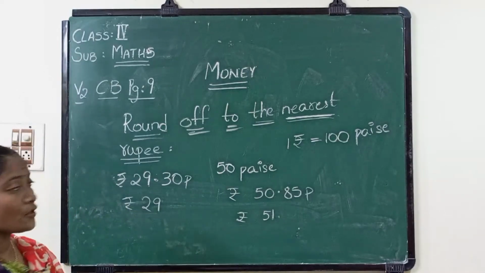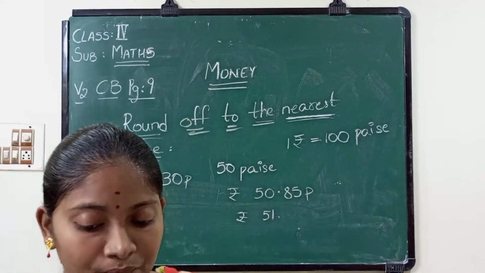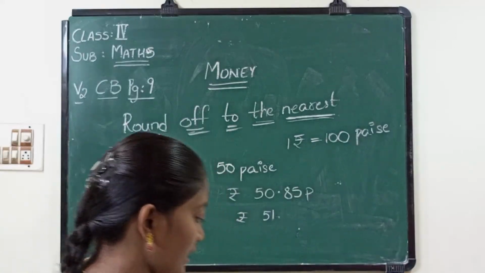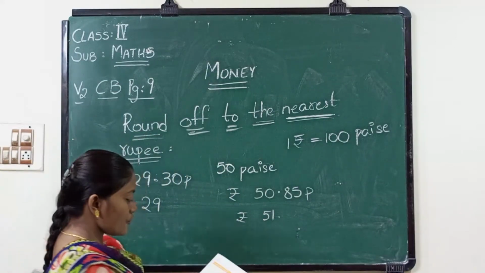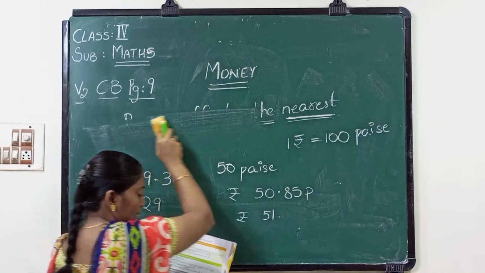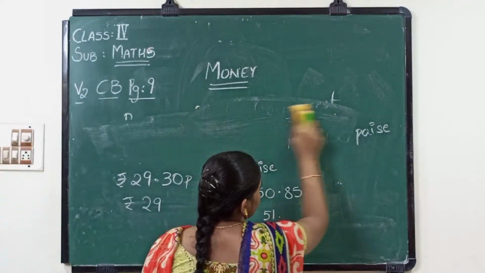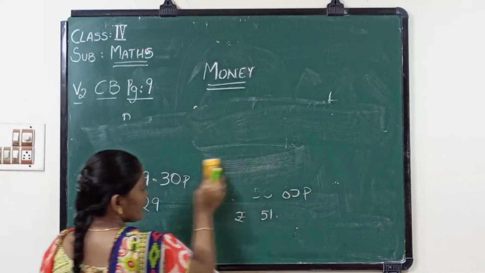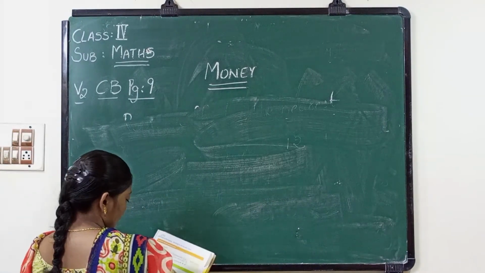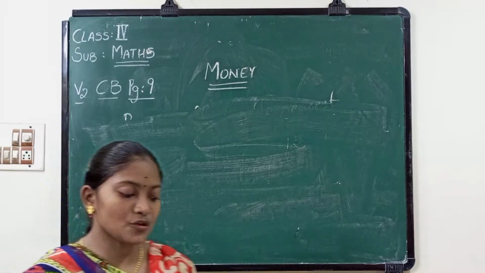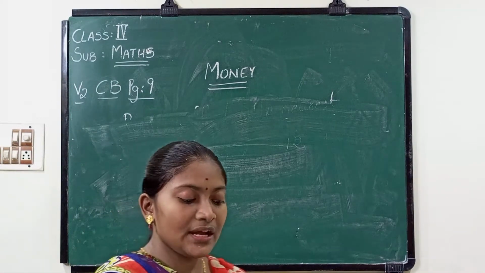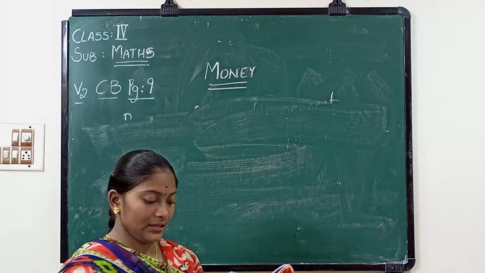Now all of you take out your course book page number 9. Now see the next one. Vinod bought a soap for 58 rupees 40 pies and a toothbrush for 48 rupees 70 pies, a toothpaste for 35 rupees 50 pies, and a shampoo bottle for 76 rupees 30 pies. He prepared the estimation to the nearest 1 rupee. Check and see if he has done correctly.